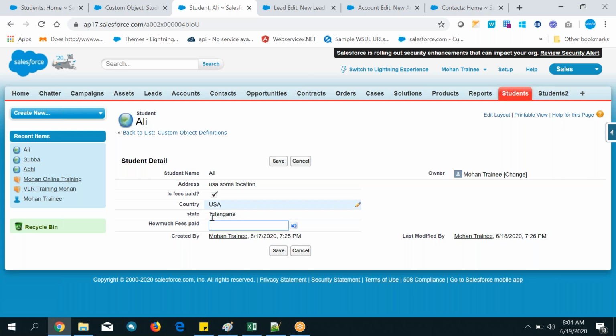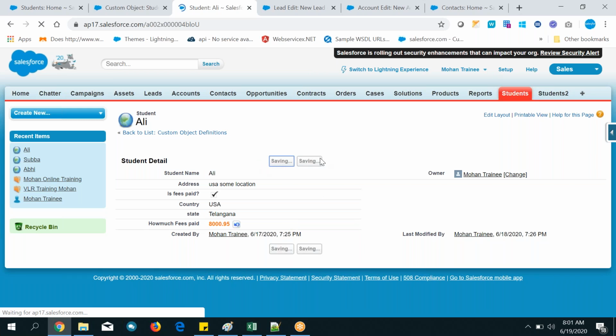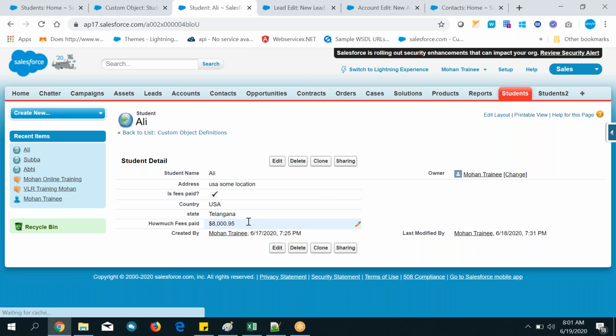Just select it. Okay, double click on that one. So automatically you can enter the values. 95 paisa and save it. So both are the same only. So by default it is taking currency. Currency is taken from the currency setup I have given by default.